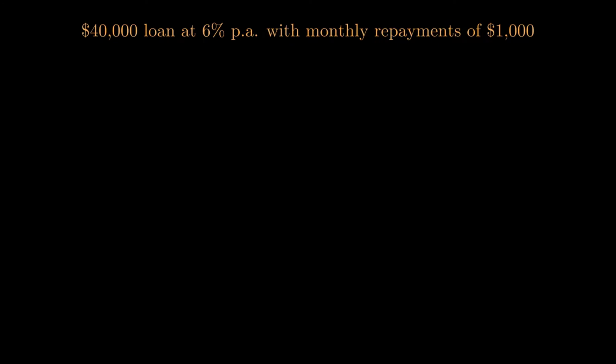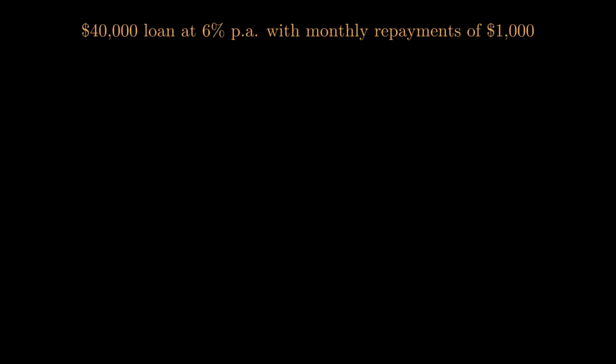In this video, we'll look at what a reducible interest loan is. Now, it's a loan which of course needs to be repaid over time, but with interest being compounded as well. So the interest will reduce as the loan is being paid off. So we'll take this example of a $40,000 loan with reducible interest charged at 6% per annum, and let's say